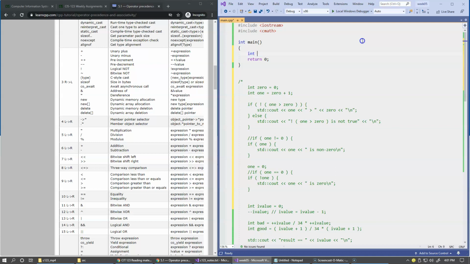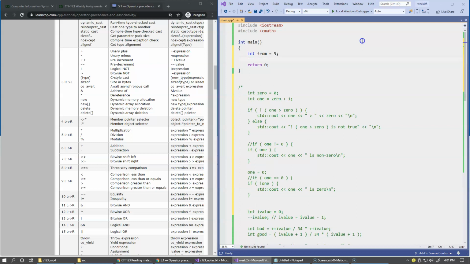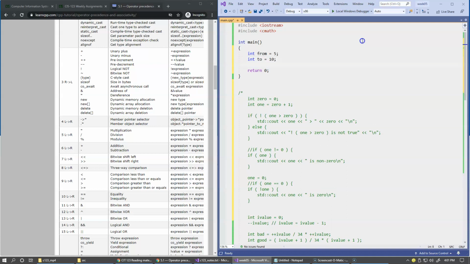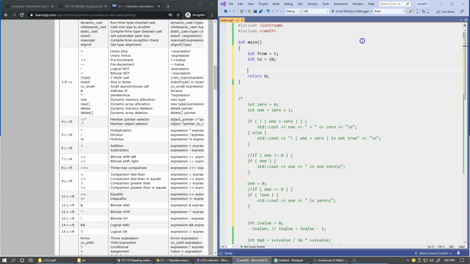Let's say that we have an integer from equals 5, and another integer to equals 10. So from and to suggests that I'm trying to use some kind of range. Then I'll use a statement std::cout